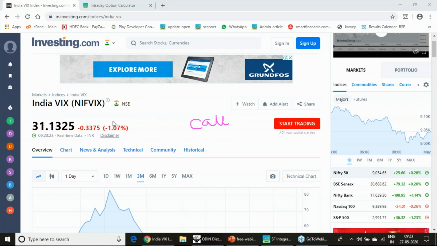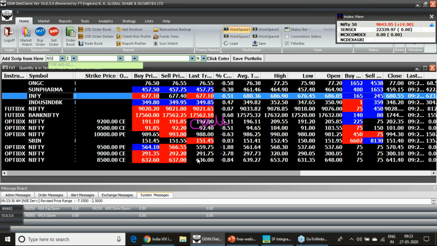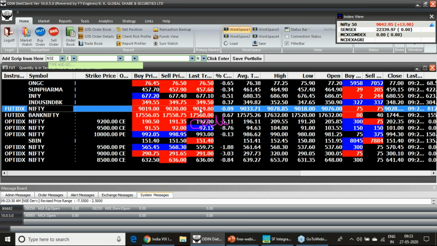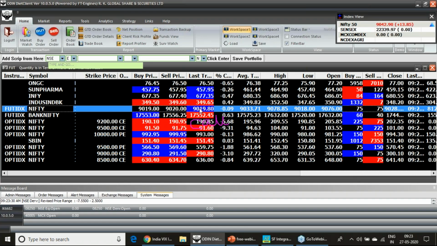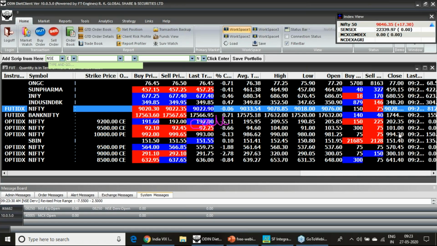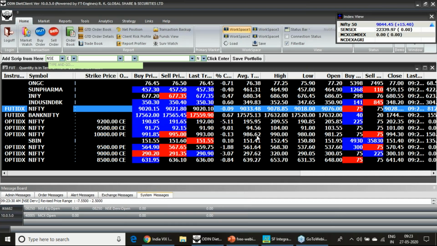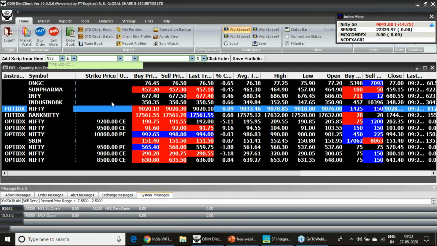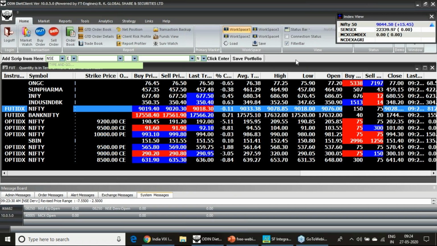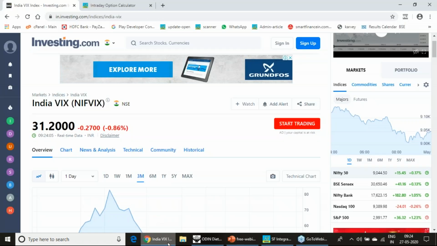Now the question is which strike call option I should buy: at the money, in the money, or deep out of the money. Deep out of the money normally has a higher volatility decay, so we can think of buying a call option which is at the money or just in the money. Then the breakout has to come. It is not that we decide the VIX is falling and then immediately jump and buy. We have decided to buy a call option because we see the probability of success in the call option will be higher, but we may go wrong also.